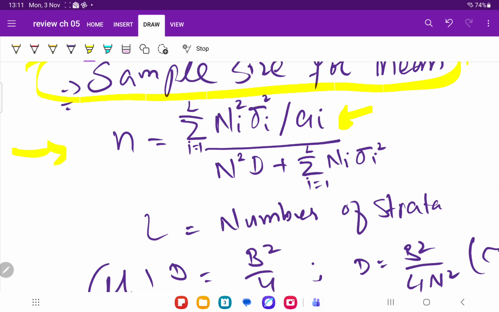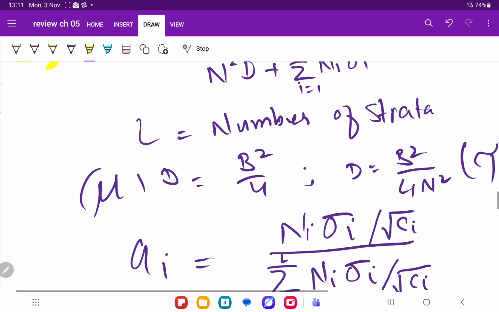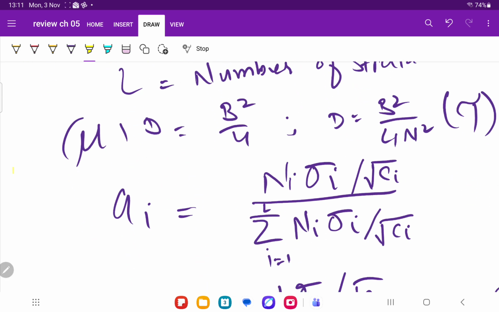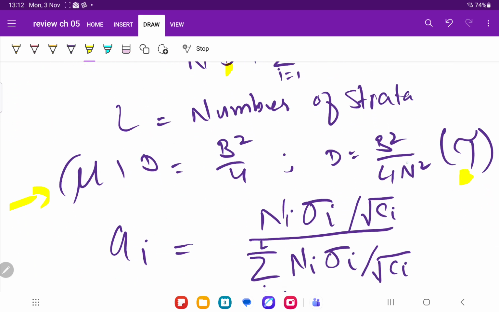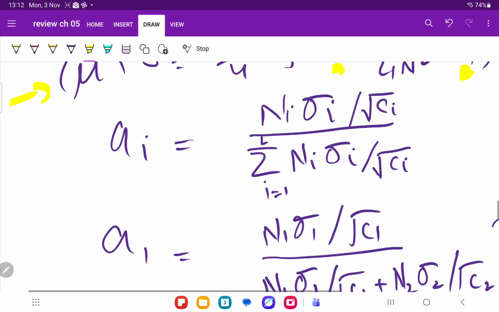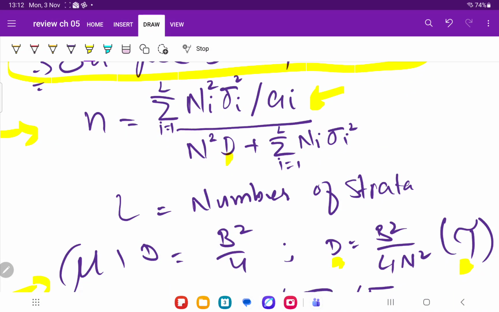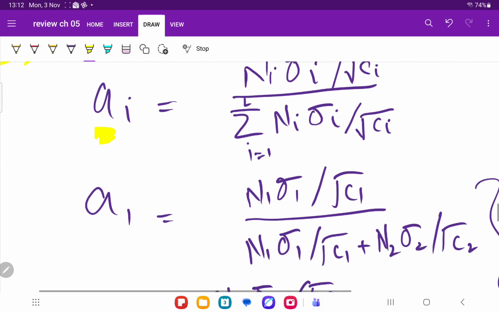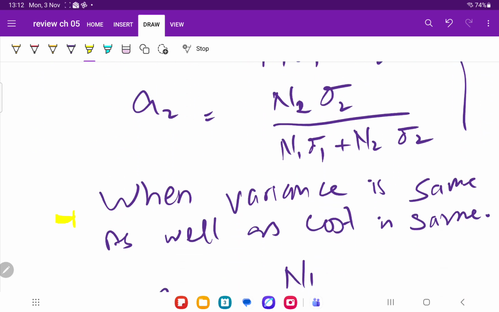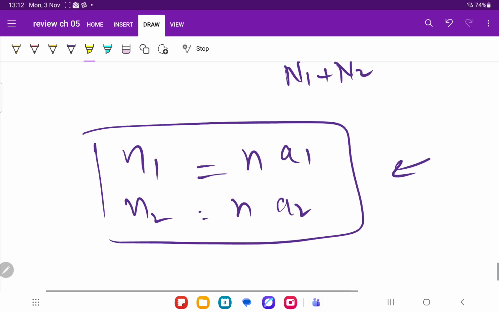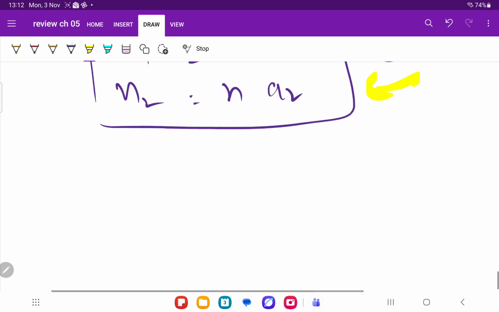The formula is here for the calculation of n. For the mean, D is equal to B squared over 4, and for the total, D will be B squared over 4N squared. You have the ai formula, the allocation, which is the important part of the sample size. Here are different scenarios, and here is the final. Now we'll be moving to calculate the sample size